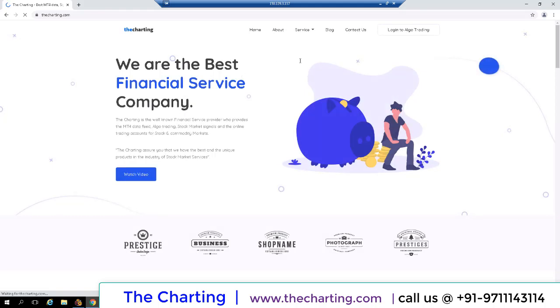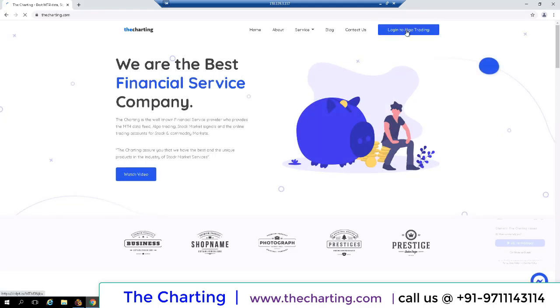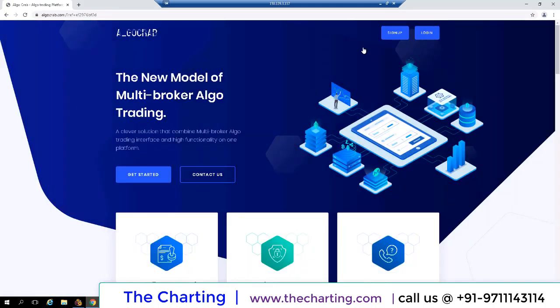Now we need to click this login to algo trading. Then two things we can do: first is sign up and second one is login. If you have already signed up, you need to go to login and log in to your account.